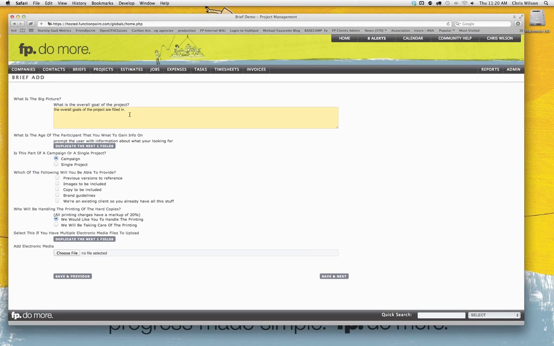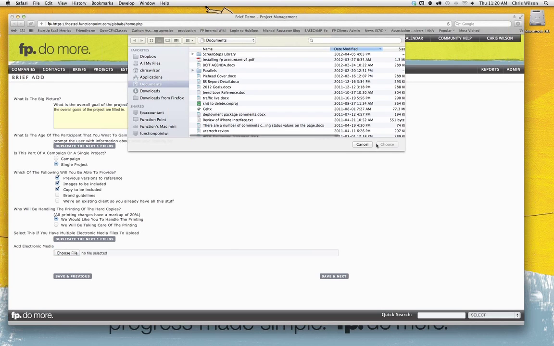We've got the large description box that you see here. It can also be a simple single line for a description or text. We have the opportunity to actually duplicate sections of the brief, which can be very handy if people need to upload multiple files, or if you have a section that might be 3 or 4 questions that you want repeated if the user selects that type of brief. We have radio buttons. Is this part of a campaign or is it a single project? We have the opportunity to put in checkboxes where the user could potentially select more than one option. And of course, we have the opportunity to upload electronic files into the system.